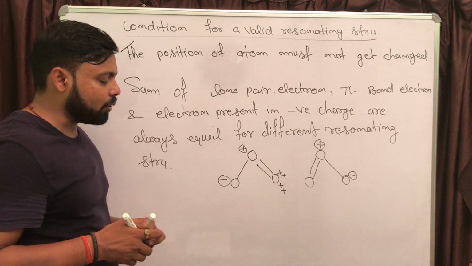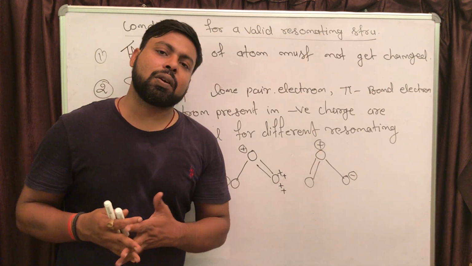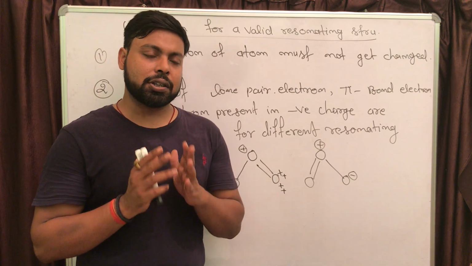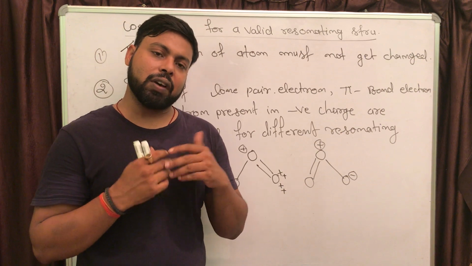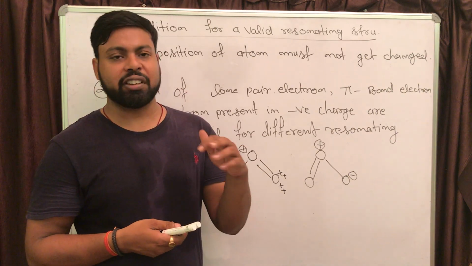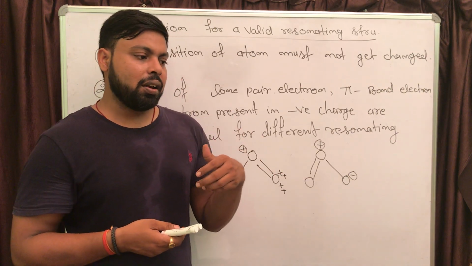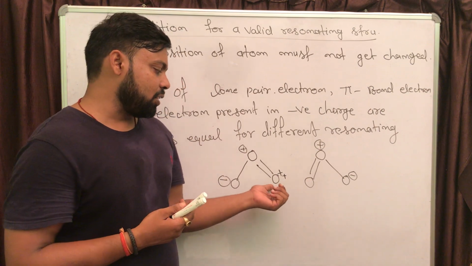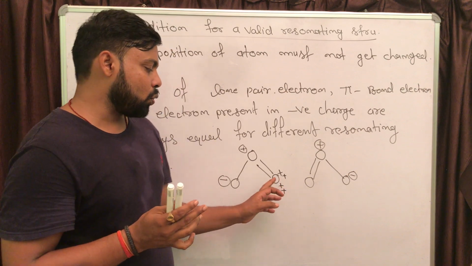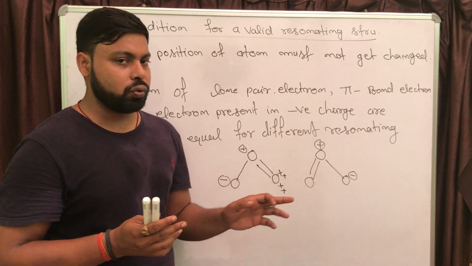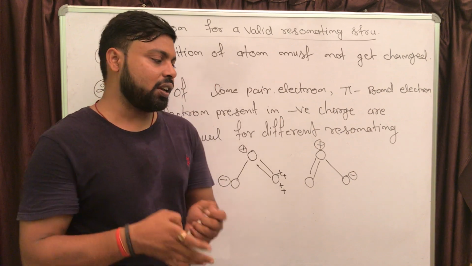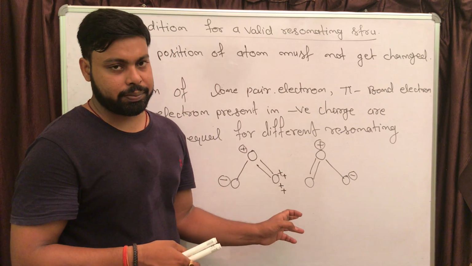Just listen very carefully. If you want to calculate the number of lone pairs on an oxygen atom, start counting the number of valence electrons present in the oxygen atom. Oxygen atomic number is 8. Electronic configuration is 2 and 6. The number of electrons present in the valence shell of this oxygen atom is going to be 6. Out of that 6 electrons, 2 electrons are used to form the 2 covalent bonds, then you are left with 4 electrons. Those 4 electrons will be present in the form of lone pairs.